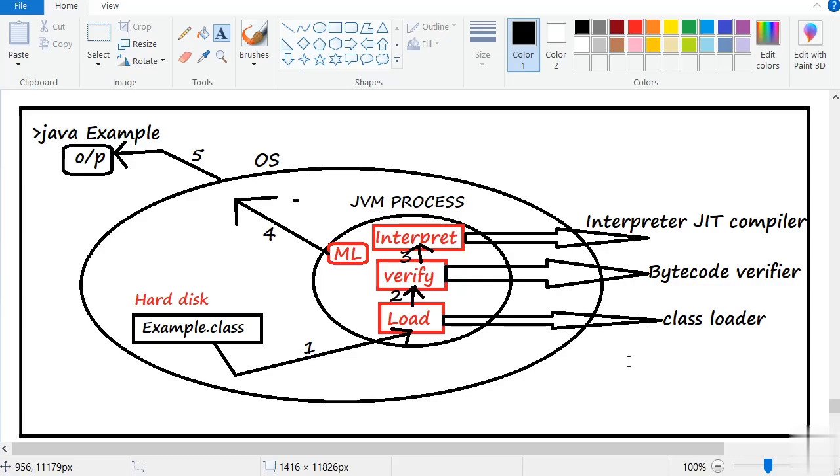If the given class is not loaded into JVM, JVM will request the class loader to load the given class bytecode. Then the class loader will load the given class bytecode from the hard disk folder, which is configured in my class